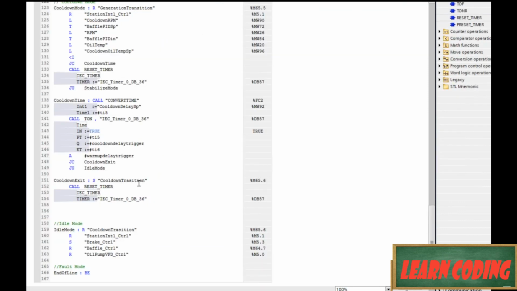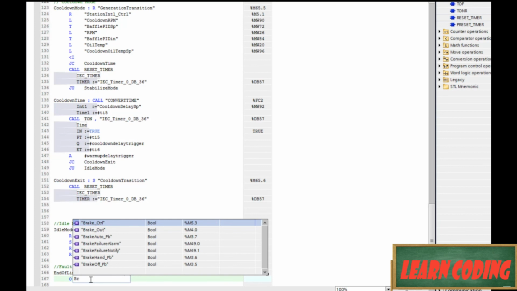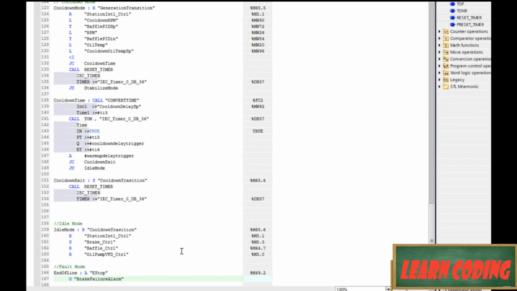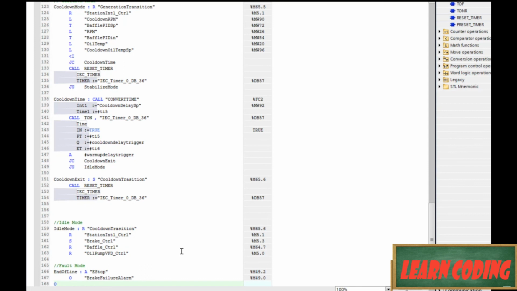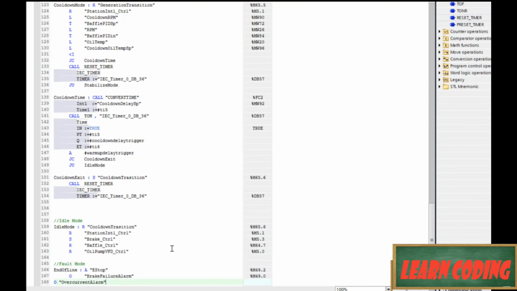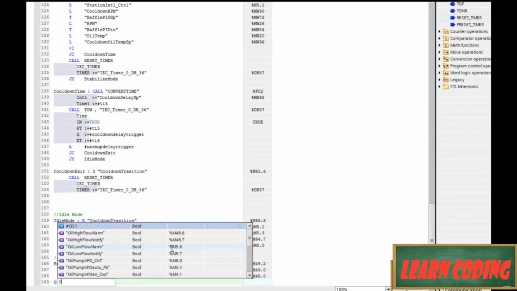Now we want to be back in our STL. We've got our idle set up. Now we need to check our end of line, and this is where we're going to set our fault mode. So let's go ahead and we need to start evaluating alarms. So we want to look for an e-stop alarm, and we're going to look for our brake failure alarm. Got it? Or we're going to look for our overcurrent alarm, or we're going to look for our overspeed alarm,